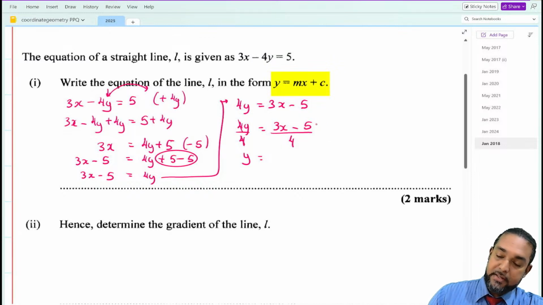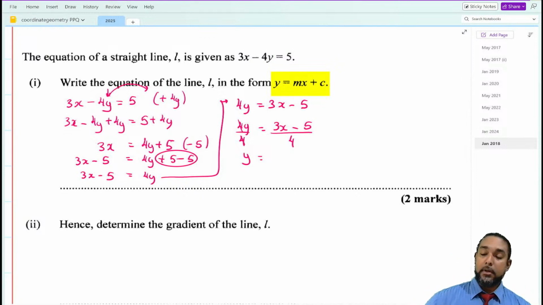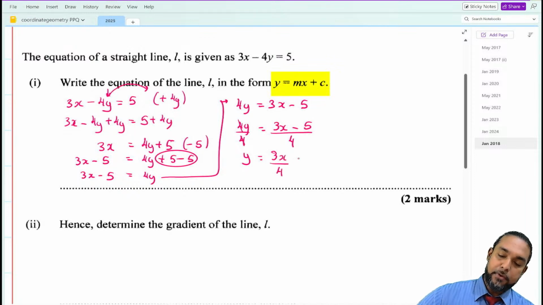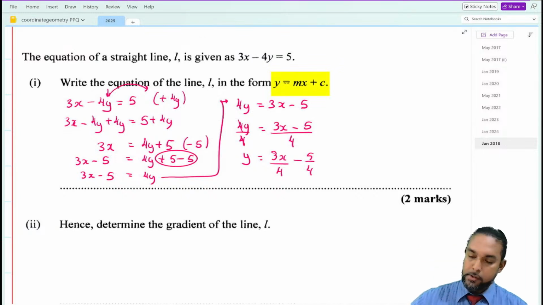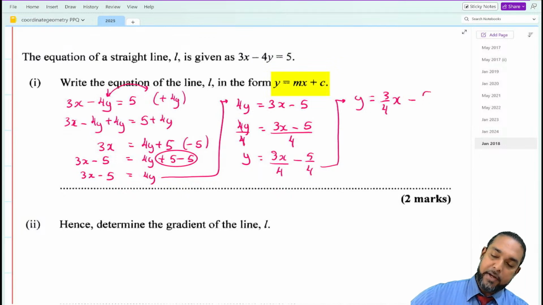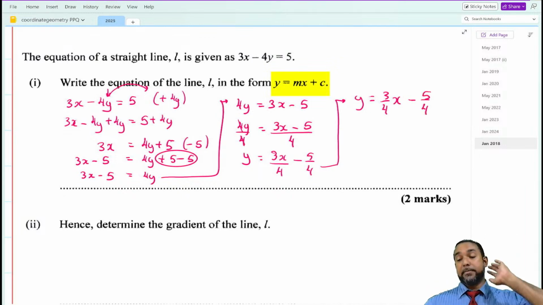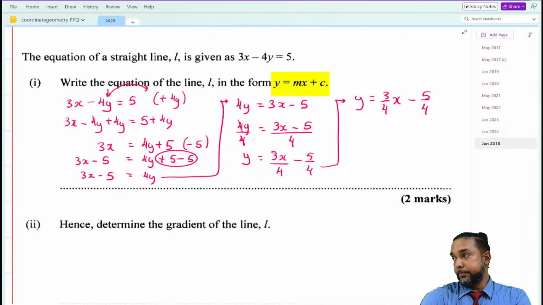Right, now this particular item here, how we deal with that is we do what's called decomposing the fraction. What does that mean? It simply means expressing each aspect of the numerator separately over the common denominator. Long story short, you're going to have 3x over 4 minus 5 over 4. Now, you can also express it as y equals, pulling out the 3/4 as a coefficient of x and having minus 5 over 4. You can put minus 1 1/4, minus 1.25, it matters not. This form is perfectly acceptable here. So that's one way that you could do it.